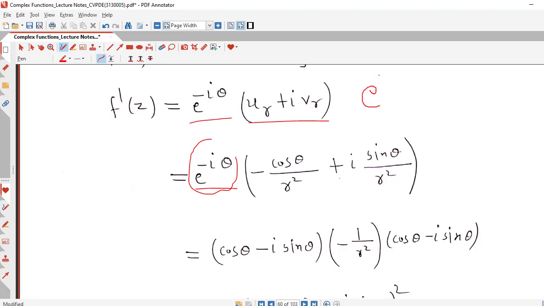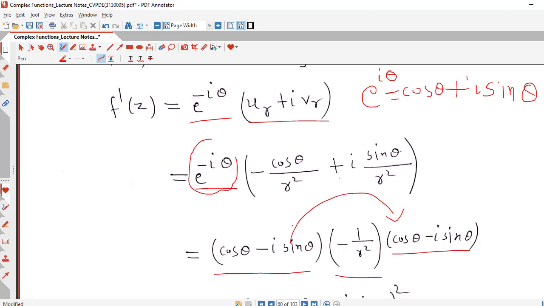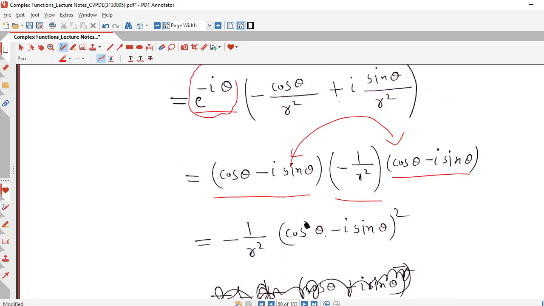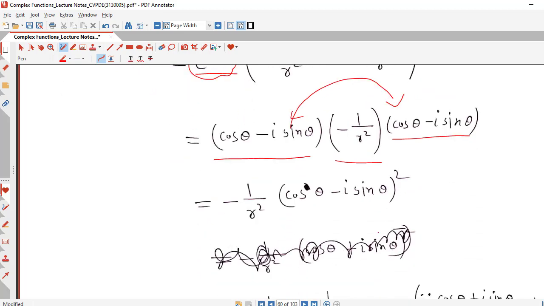We are using Euler's formula. If we have e raised to i theta, then Euler's formula gives cos theta plus i sin theta, and if we replace theta by minus theta, we will obtain e raised to minus i theta equal to cos theta minus i sin theta. Here minus 1 by r square can be taken outside, so here we will have cos theta minus i sin theta, and if we multiply these two we have the square of cos theta minus i sin theta divided by r square, and this we can rewrite as